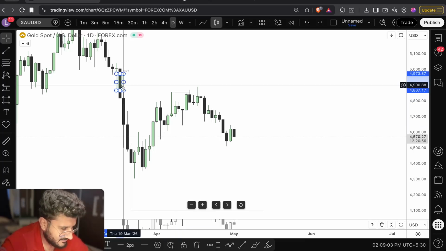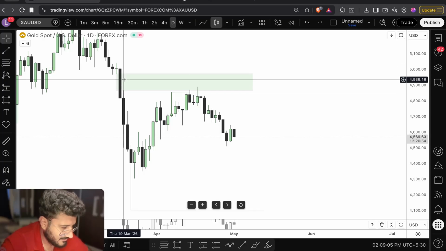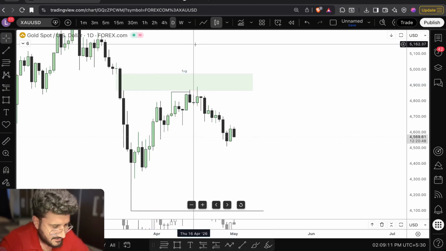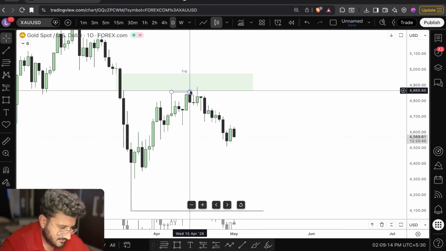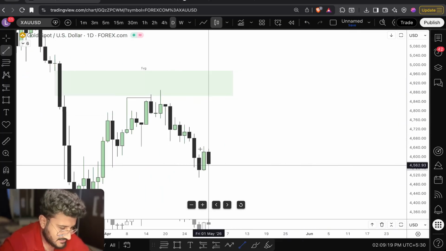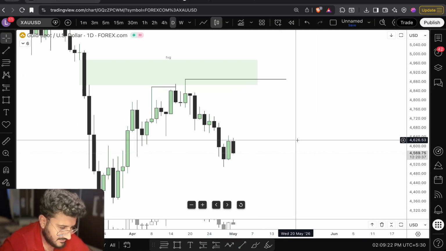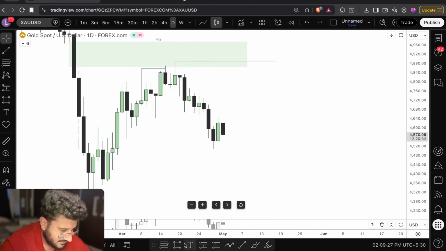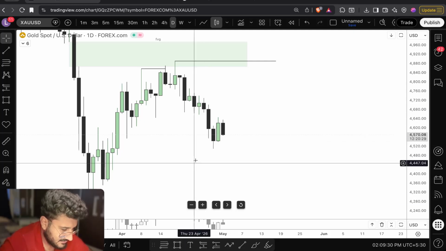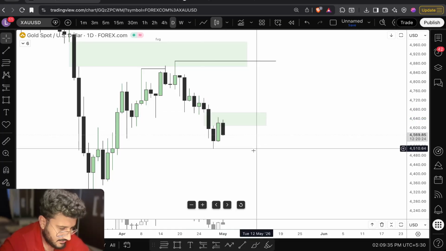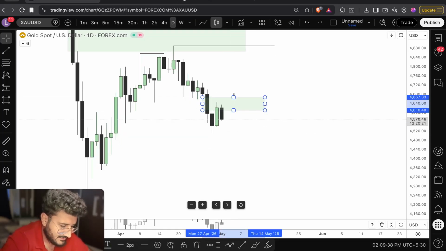If I look at the higher time frame, this is my daily internal fair value, so this is my internal range. Let me write it down as FVG. You can understand where the liquidity is. This high is taken out, the external high is taken out, and the fair value has been mitigated. So now this will be my external high, external range liquidity. Now if I go to the daily time frame, the market has no other FVG. The only FVG which I can find is this one. So this FVG is my internal range, IRL, which means FVG.